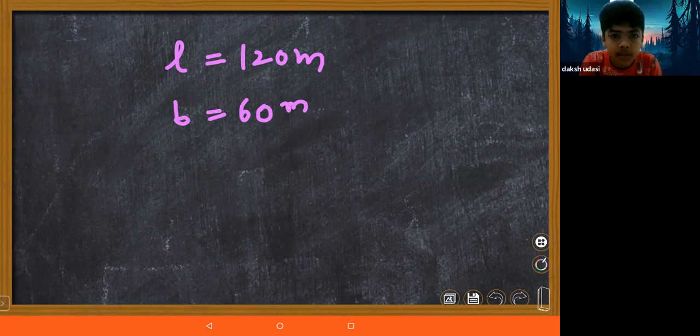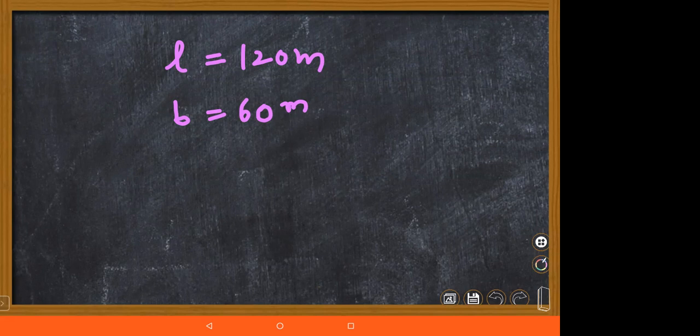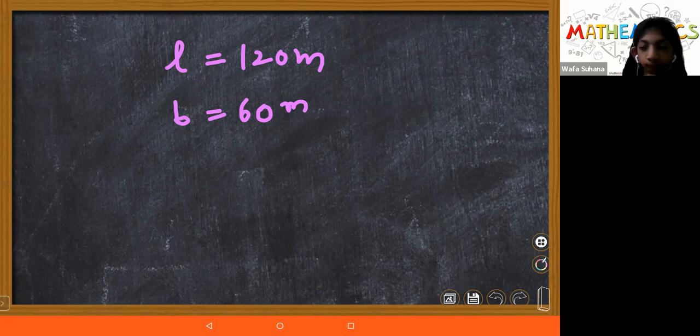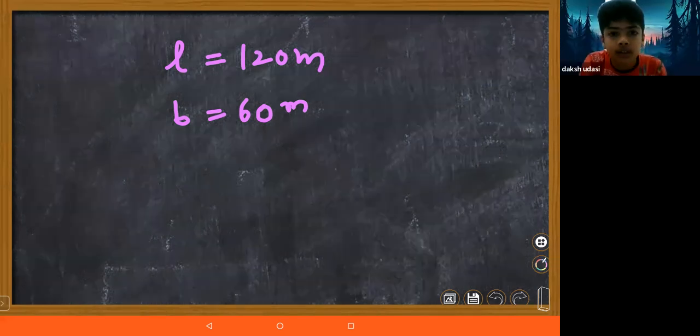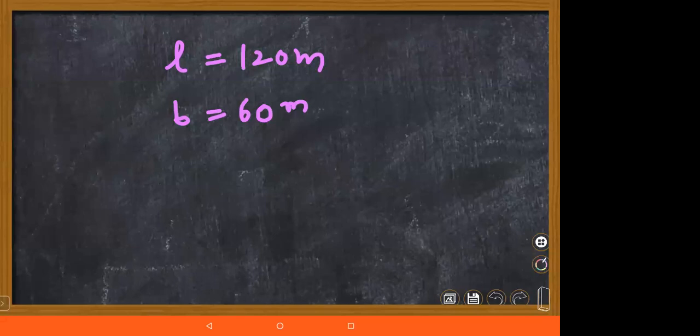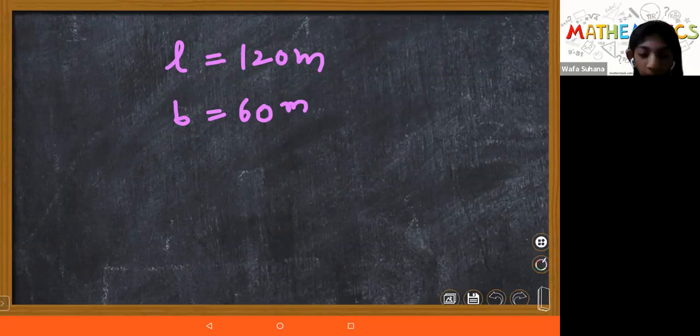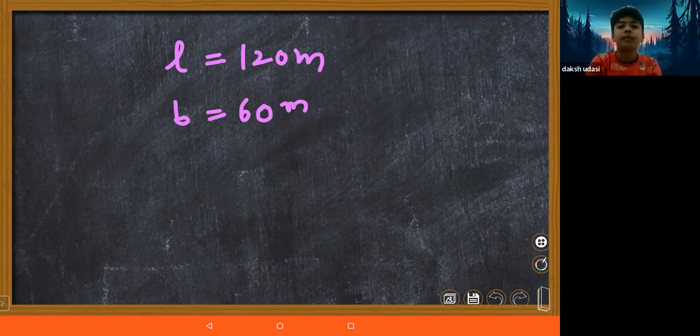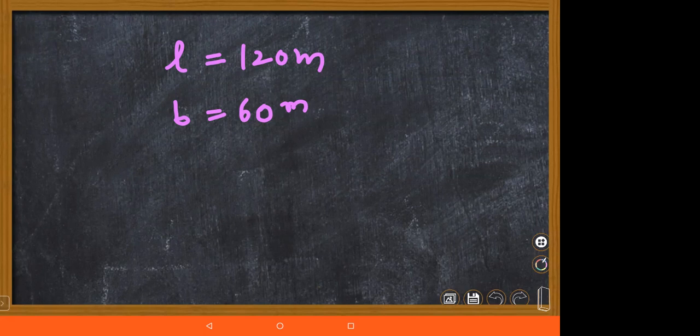Is it 60 meters or 600? No, 60 meters only wide. My question is very clear, you have to understand. I will read it once. Ma'am, 299 meters. No. Listen, you listen. Said one space for a fence, right? This is the length and width of a field that is given. Calculate the length of wire required.